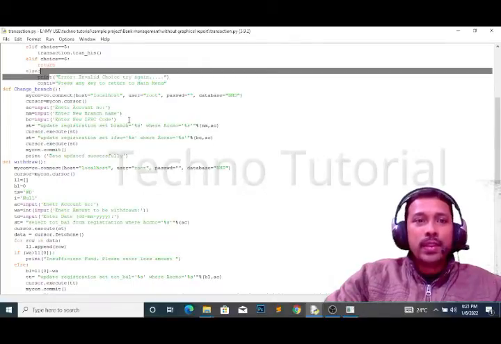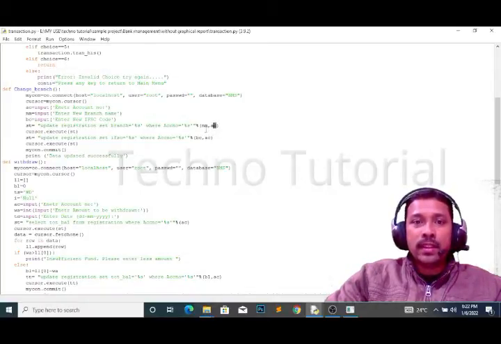After that this is the command we have written, update registration set branch. This is the SQL query already, you know. Here we are setting the branch. Whose branch are we setting? This account number's branch we are setting. What is the new branch name? It is in the NM variable, right? So that was the branch name we have sent, and this one is the IFSC code, the branch code we have sent. The two things we have sent here.